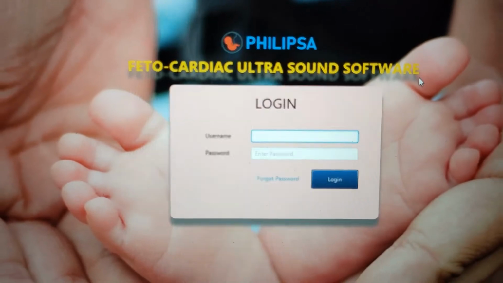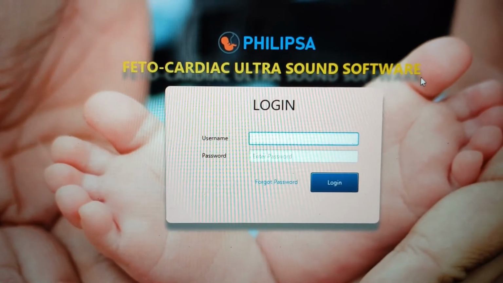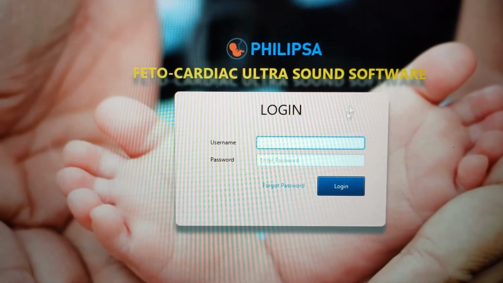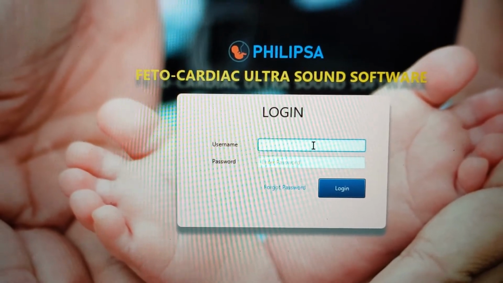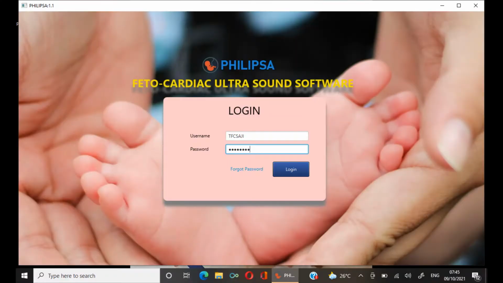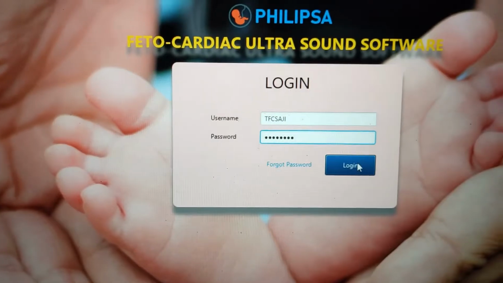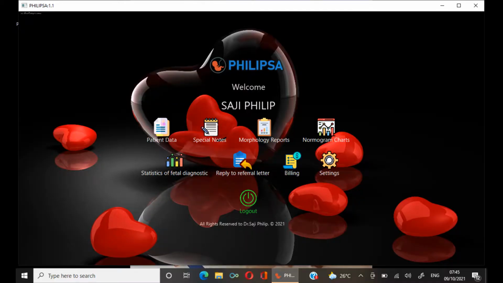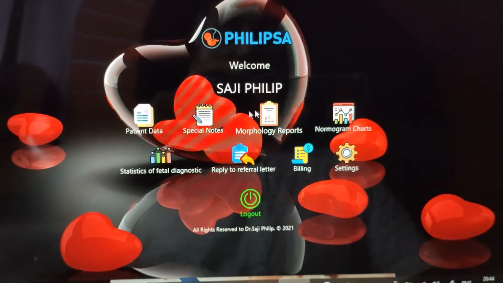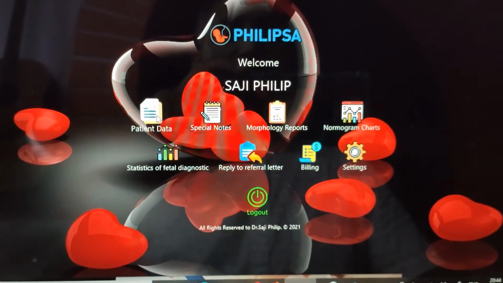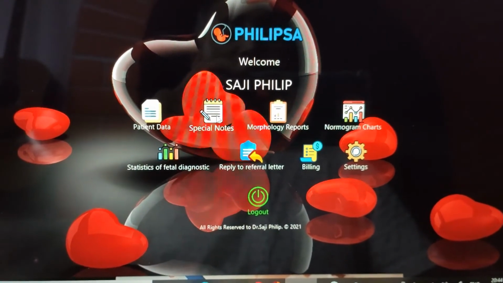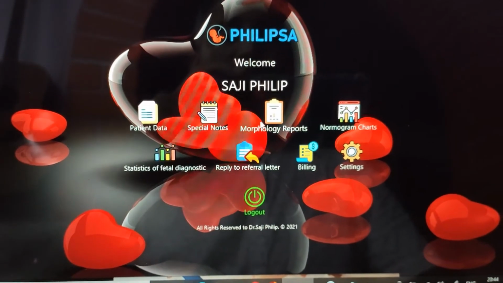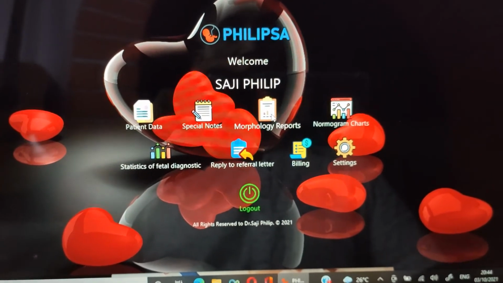This is the opening of our fetal cardiac ultrasound software. Here you type your name, log in, and then the front page will come. The front page has patient data and special notes if you want to create them, and this is the morphology reports.